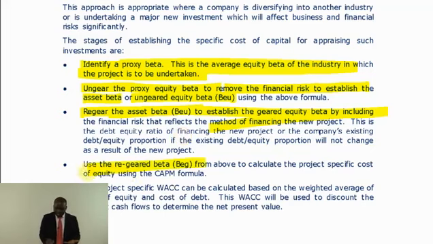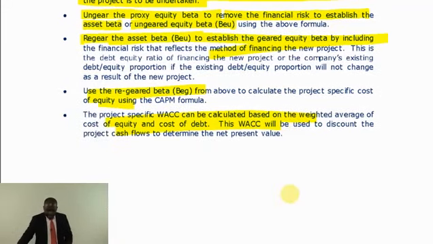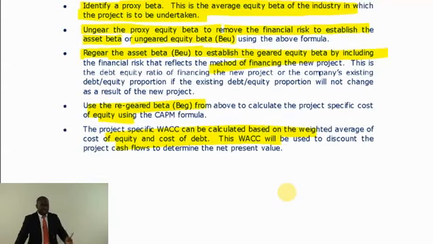Put it in the CAPM and then put it in the WACC. And that WACC is what is specific to the business and financial risk associated with the project. And that is what you would have to use to calculate the NPV. So watch out, the examiner might hide it and he will just tell you the WACC of the company is 15%. And most of them will just pick the 15% and go. You can pick the 15% only when both business and financial risk are not changing. The moment they change, the WACC will also change.